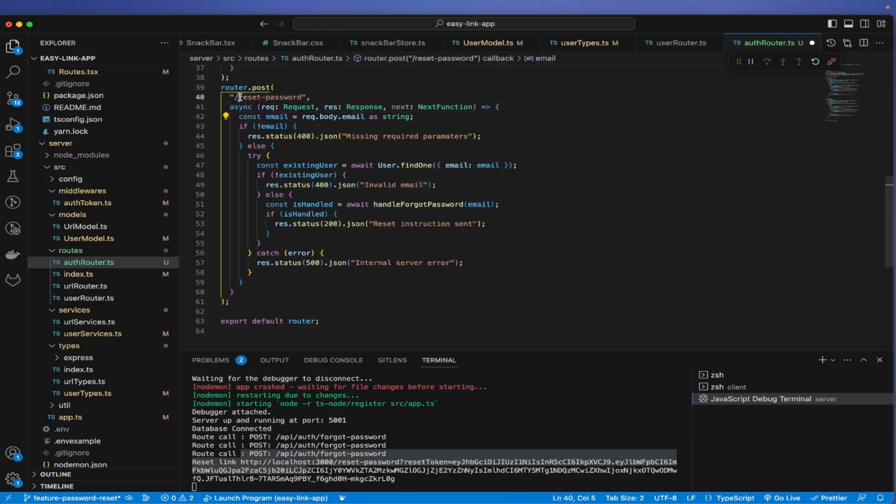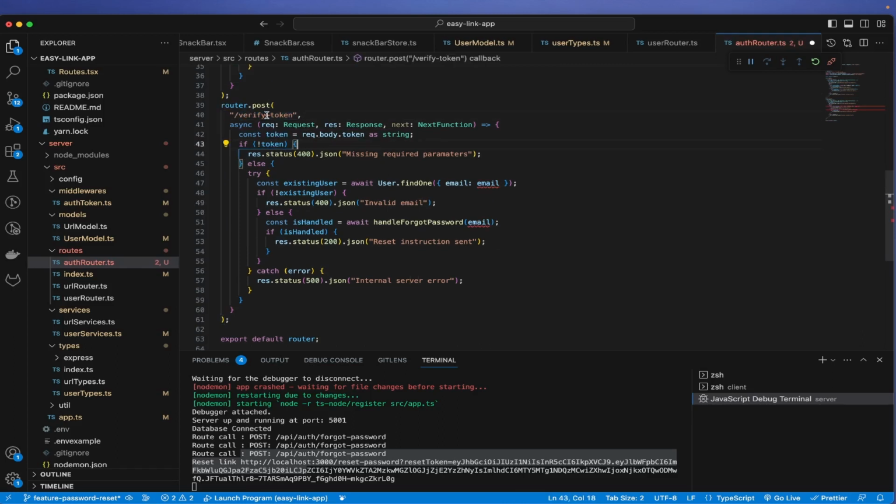No, actually that's not the thing. We want it first. Okay, so this is verify token, and we may use this for many other tokens in future. So we have this token, and if someone tries to call this route and doesn't pass token, again we are telling them that. However, if this token exists, the next thing we need to do here is